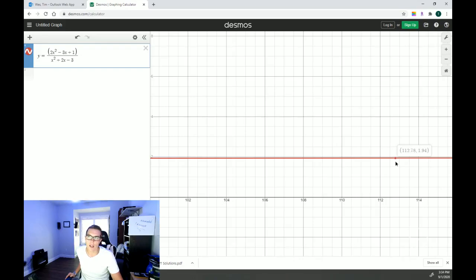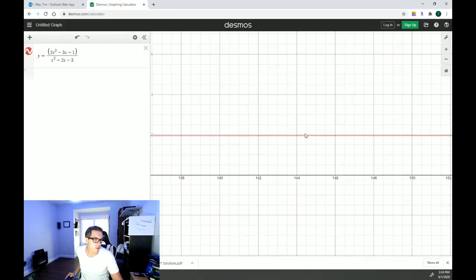Well, if we were in my class and we had the graphing calculator, I would actually make you do this with me on your table, but we're not going to do it. We can do it in Desmos. So look, it looks like it really wants to, but it doesn't. It just keeps getting closer and closer. It's never going to get there because